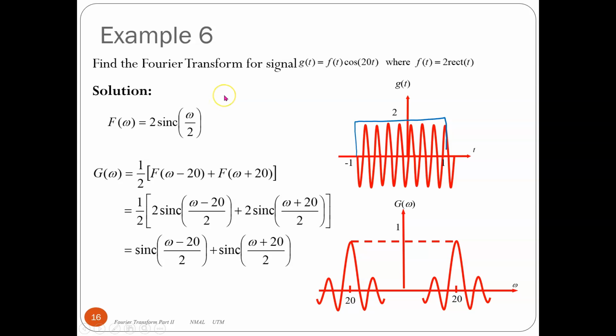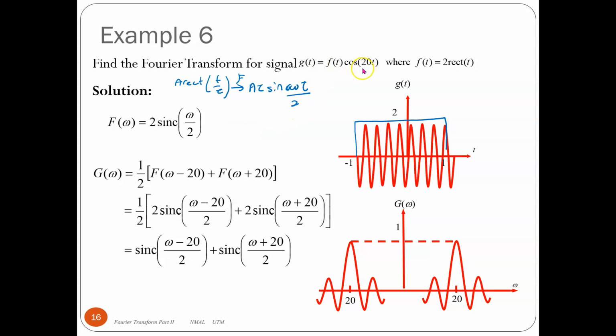The table gives you that the Fourier transform for the rectangular signal is A tau sinc(omega tau over 2). Okay, this is sinc. Now you put in the formula, and it will become 2 sinc(omega over 2). So we know that for